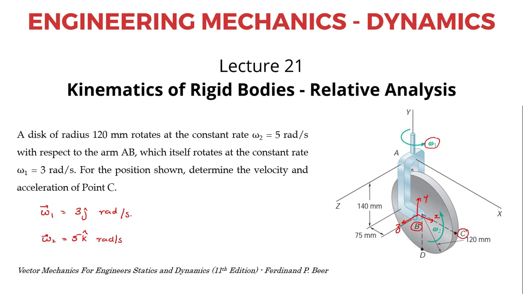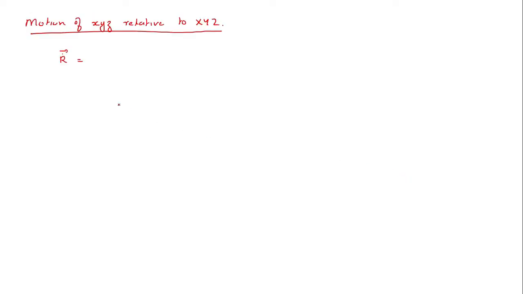So if I know the angular velocity omega 1 and vector AB, I can obtain the velocity of the secondary reference frame small xyz relative to the point A. So r dot vector is equal to omega 1 cross r_B with respect to A,